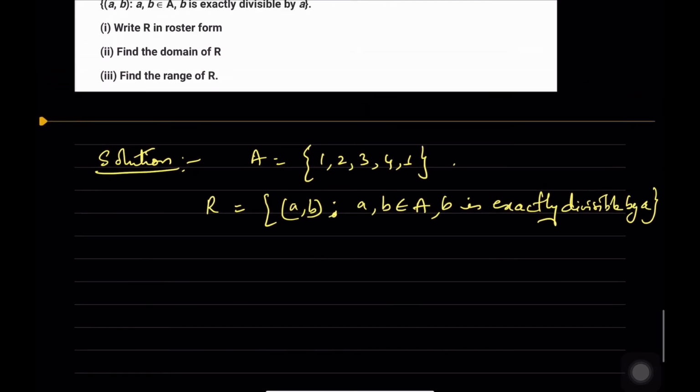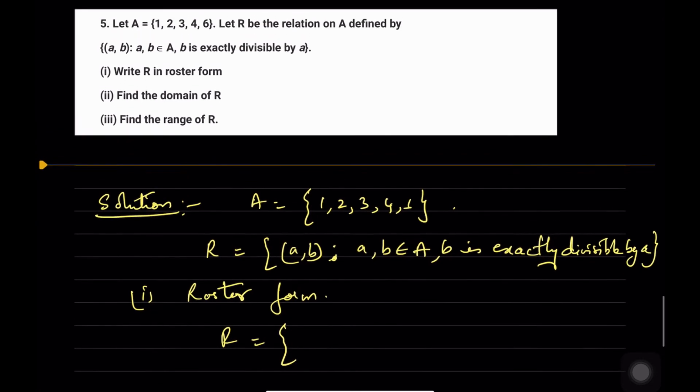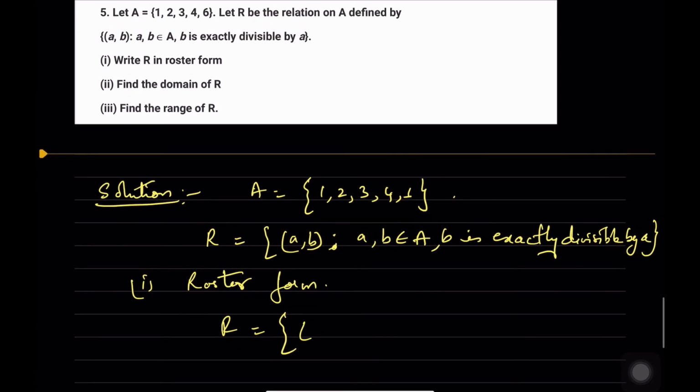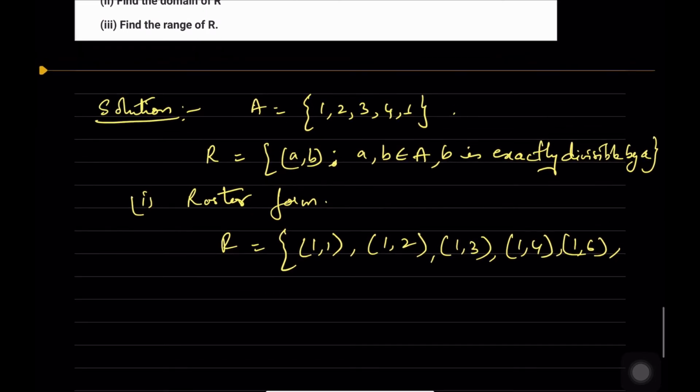So in the roster form, how do we write this? We'll see. The first one is in roster form. How do we write this? So R is equal to the set of all ordered pairs where the second element is exactly divisible by the first element. So we can write it as (1, 1), (1, 2), (1, 3), (1, 4), (1, 6). Then we can write (2, 2),